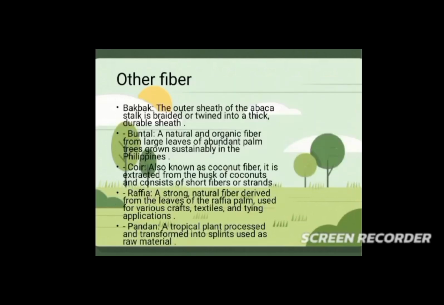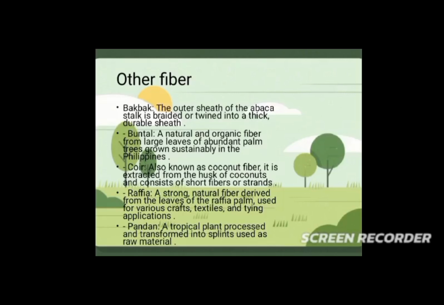Next would be other fibers. These are other notable fibers found here in the Philippines. First is bakbak. The outer sheath of the abaca stalk is braided or twined into a thick, durable sheet. Next is the buntal, a natural and organic fiber from large leaves of abundant palm trees grown sustainably in the